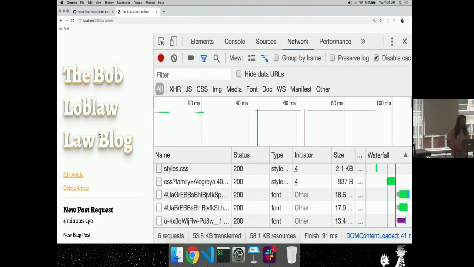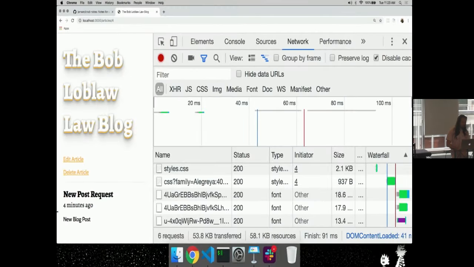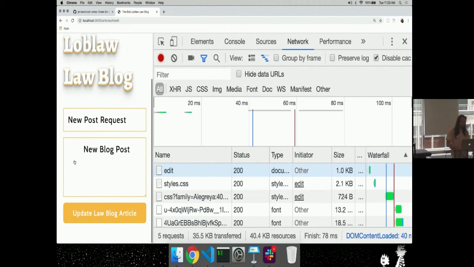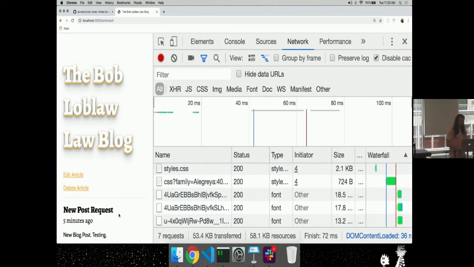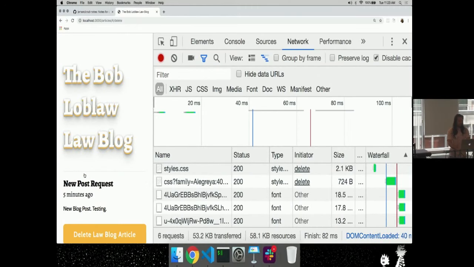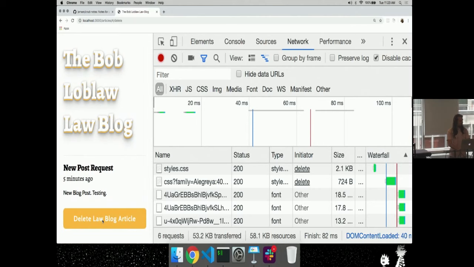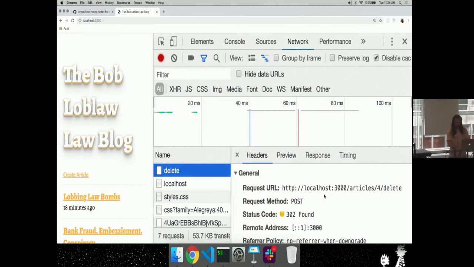Okay. A few more quick things on this site. I can go to any blog post. When I go to the blog post, it shows me when it was created, the content, and the title. If I want to, I can edit this blog post. I don't know why there's that space there, testing. I update that. I've added now testing to the end of it. I can delete this blog post. I click delete here. When I click delete, it did something here.